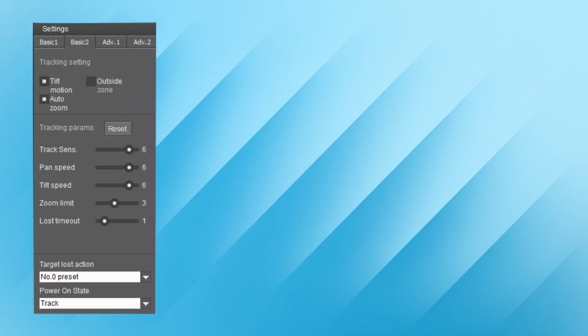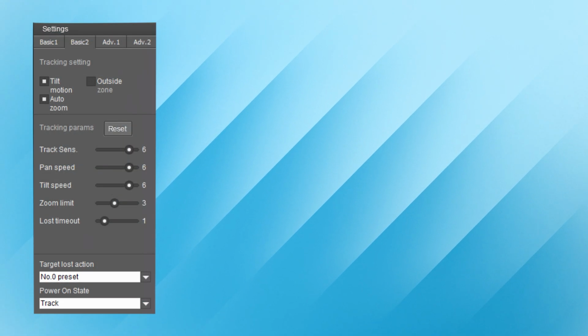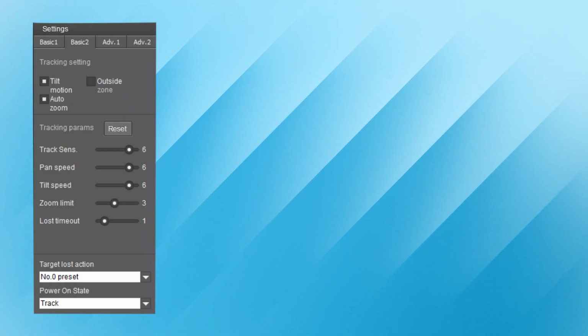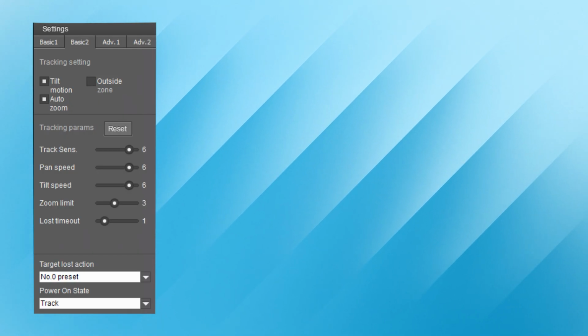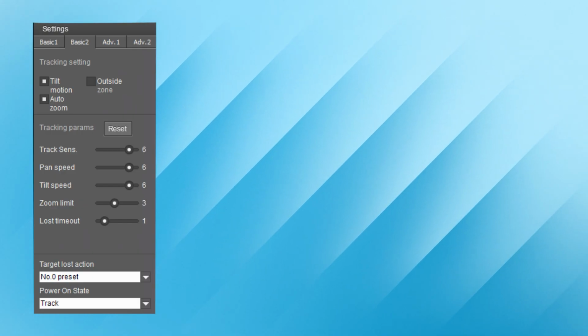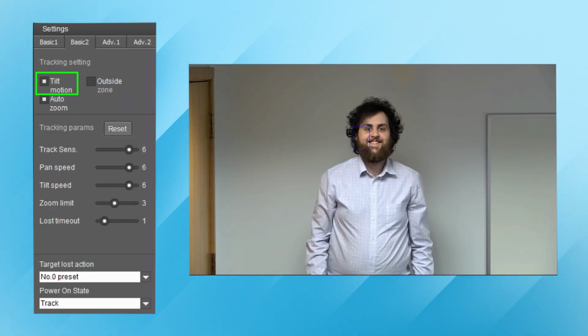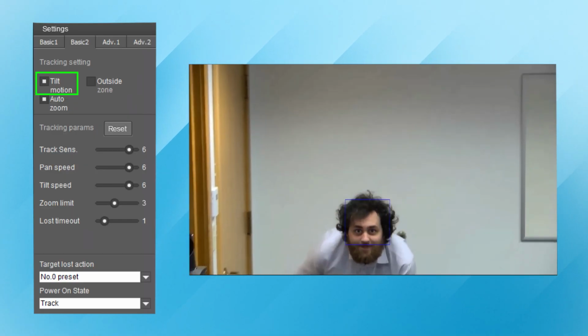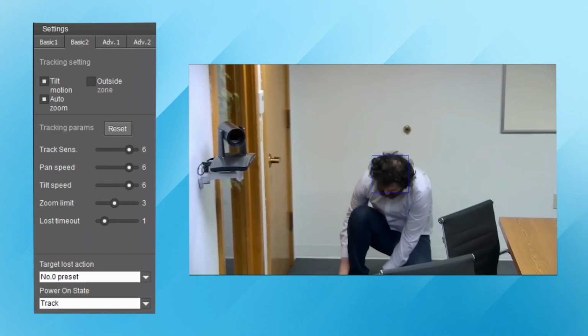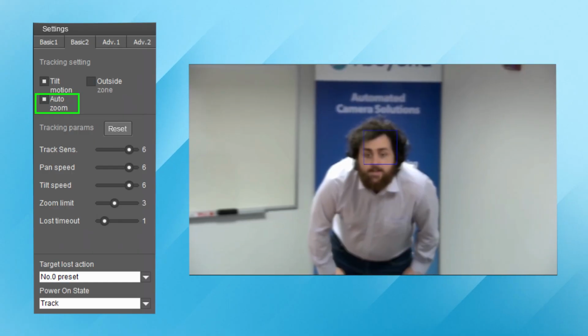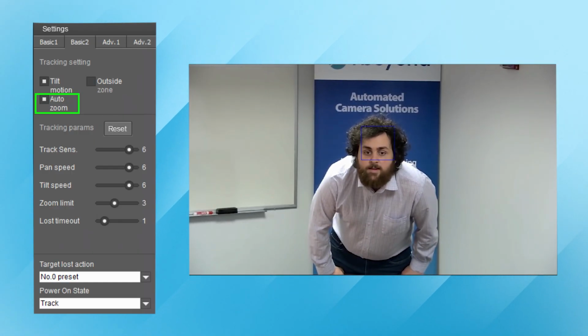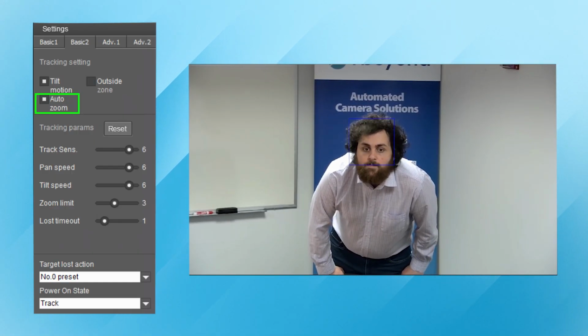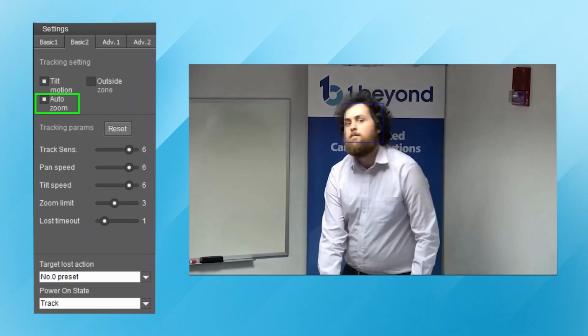There are several additional settings to adjust tracking behavior and parameters. These are found in the Basic 2 tab. Please note the Falcon may have different settings. Tilt motion. When activated, the camera will tilt up or down once locked onto a presenter's face. Auto zoom. When activated, the camera will automatically zoom in or out as a tracked presenter moves closer to or